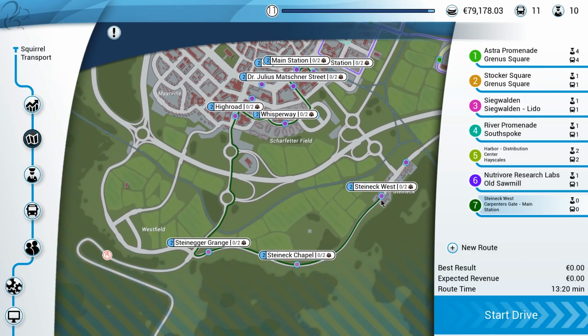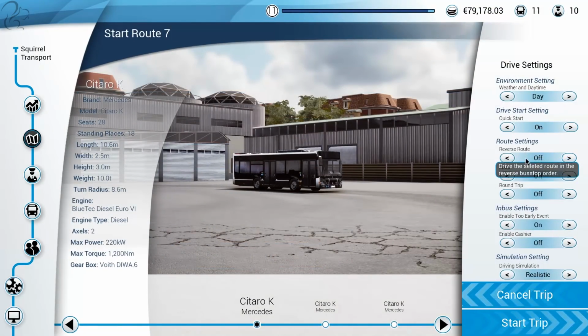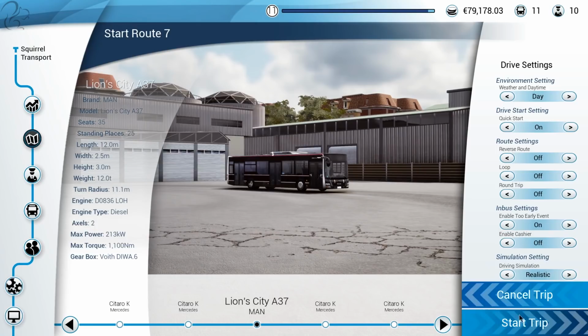So let's drive it. Should we go into town? Yeah, let's go down the fast road and go into town that way. So we'll drive it the normal way. Quick start is on. Reverse route is off. We'll have the cashier turned off. We'll pick up our MAN, and we'll go for a...